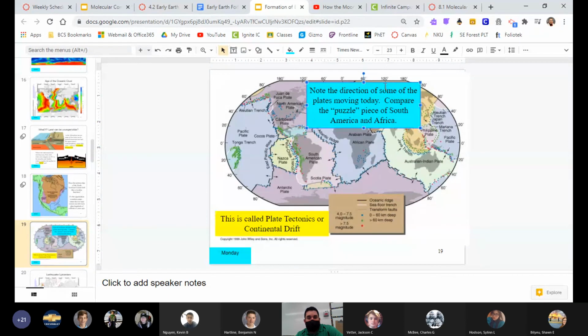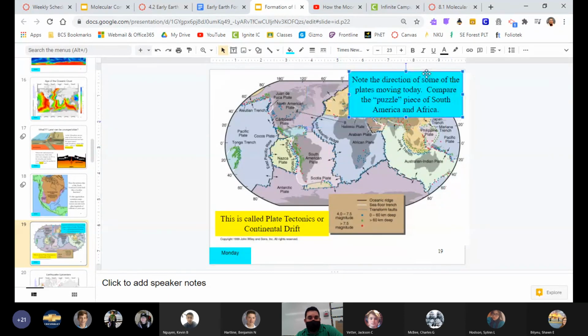So we have trenches over here. Marianas Trench is where we have two plates that are meeting as well. So the plates are constantly moving away from each other. And then, of course, because all these are moving away, the magma is coming up and making new land. Okay, magma is coming up, making new land.